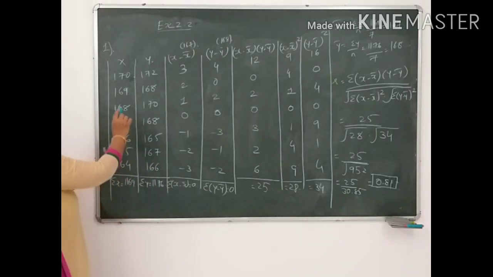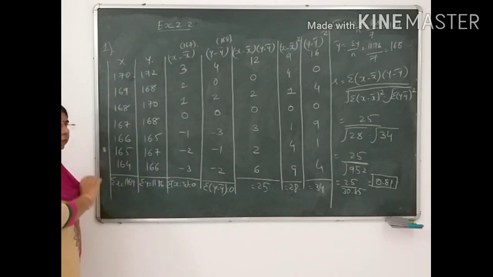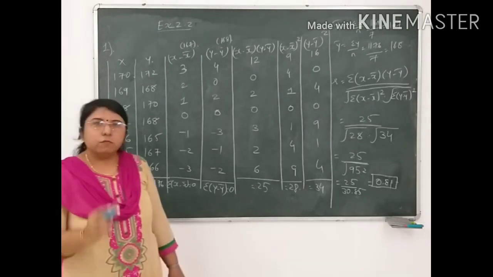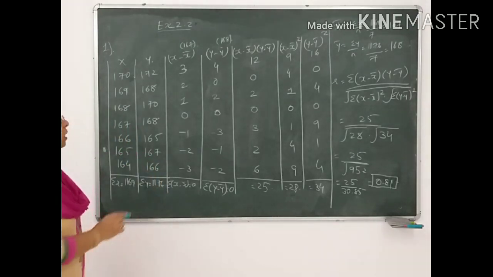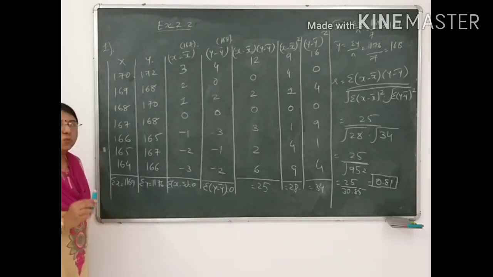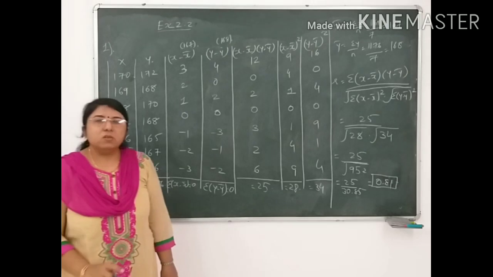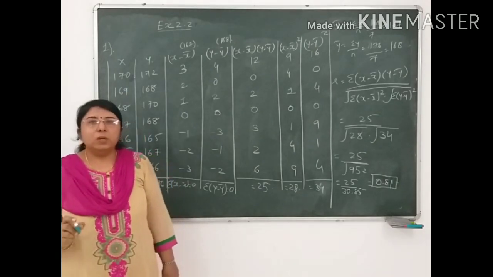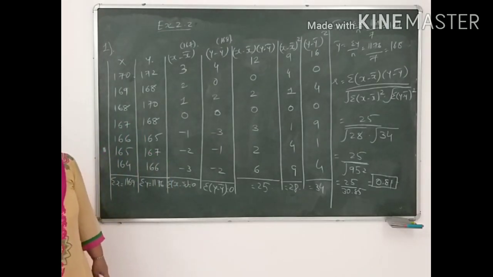Over here, you have to just find the correlation coefficient. The first step, that is the value of x and value of y, is given horizontally in your question. First of all, in the answer you have to place it in vertical form. So the first step, while seeing the question, you have to find the value of x bar and y bar. On the basis of the value of x bar and y bar, you will decide which formula of correlation coefficient you